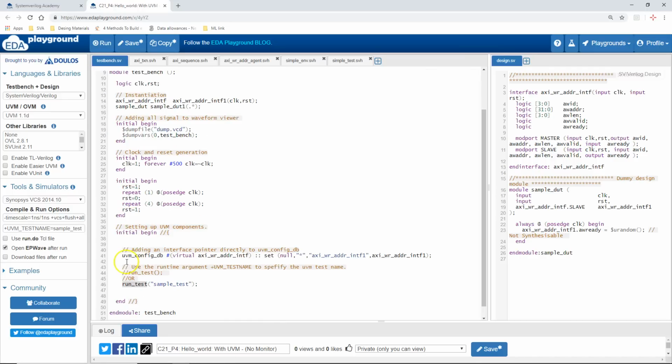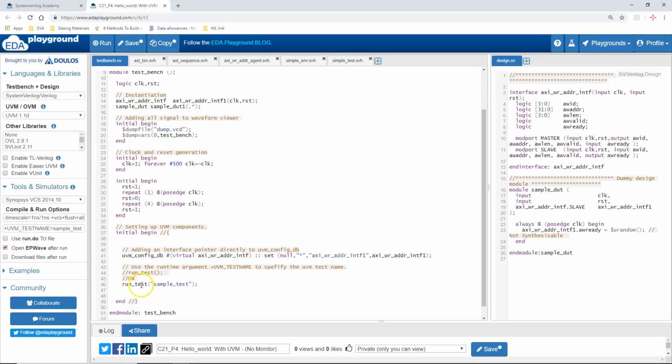Thus, by simply calling this run_test method, you don't need to do anything else. The UVM mechanism will do everything for you. It will create the top level class object, and it will eventually start all the run phase tasks in all the classes.